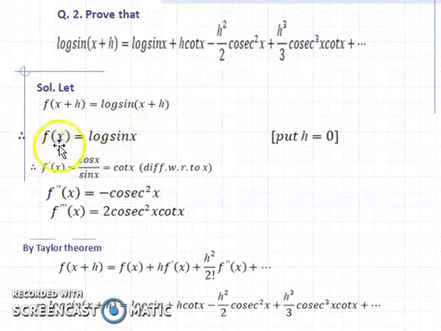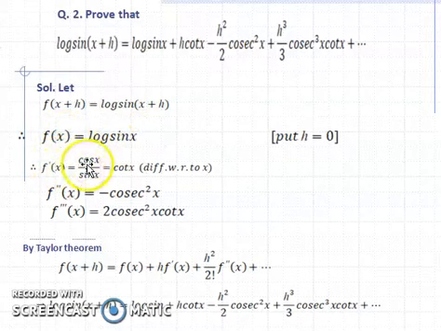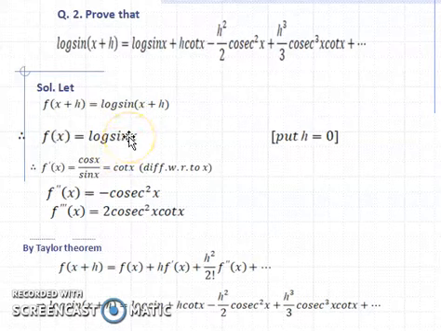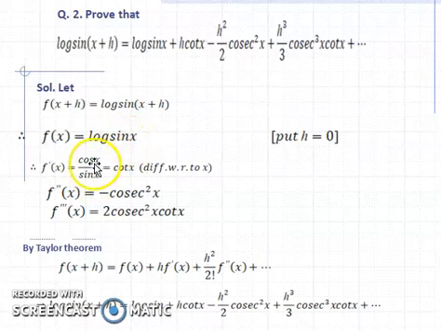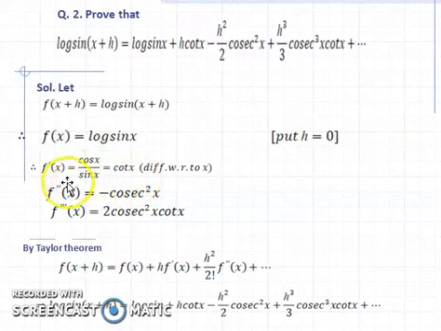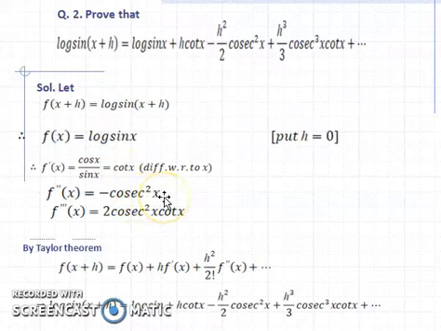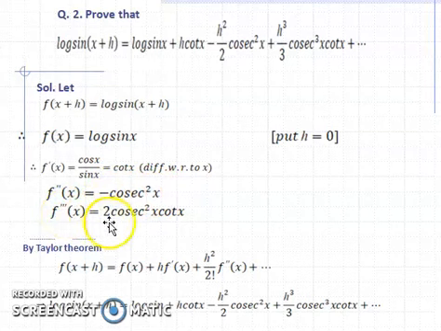Then after differentiating, f'(x) = cos x / sin x, which becomes cot x. The differentiation of log x is 1/x, so here it is 1/sin x, and the differentiation of sin x is cos x, so it is cos x / sin x, which becomes cot x. Again differentiating, it becomes −cosec² x, since the differentiation of cot x is −cosec² x,